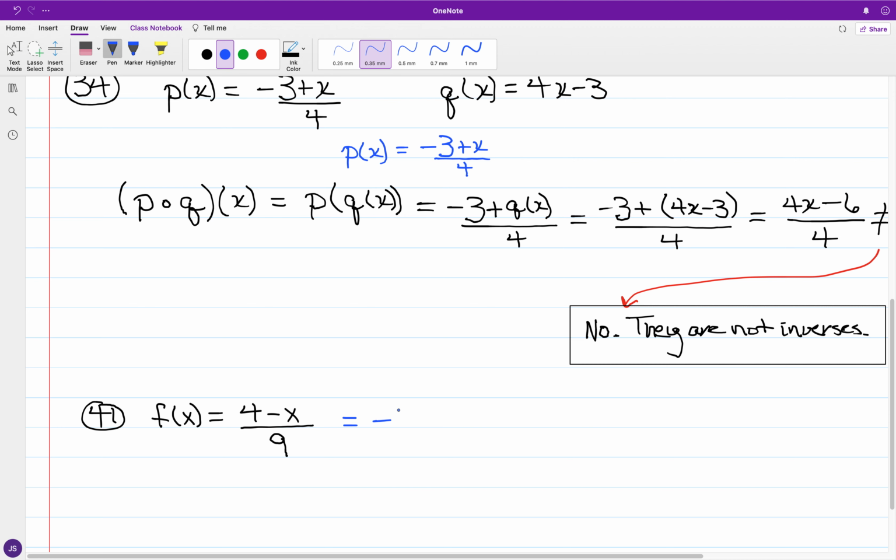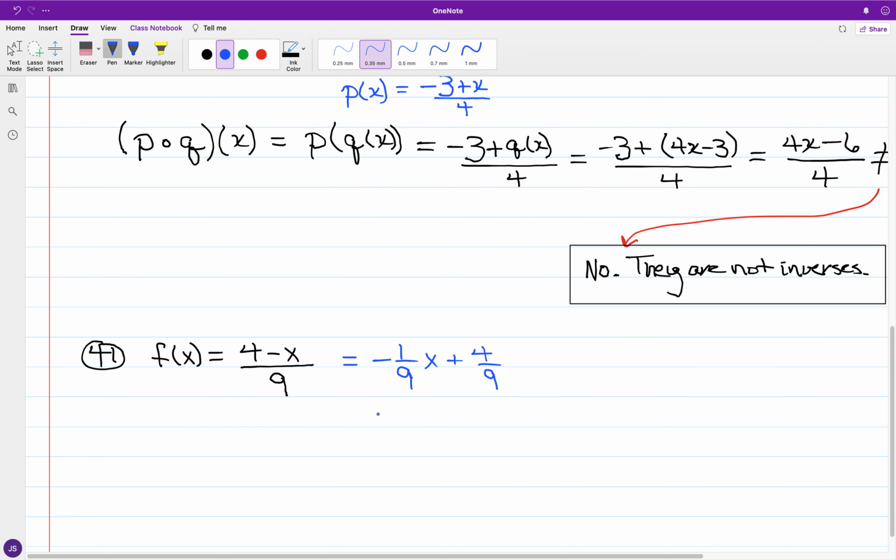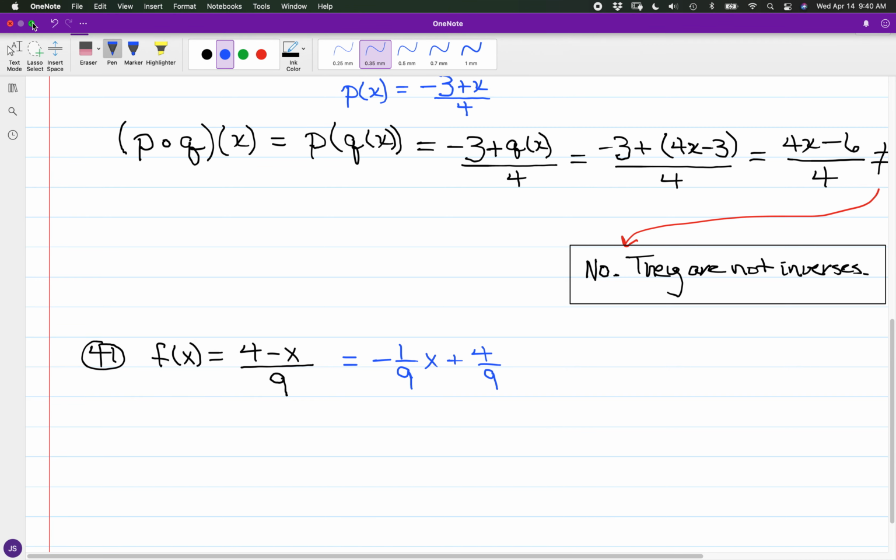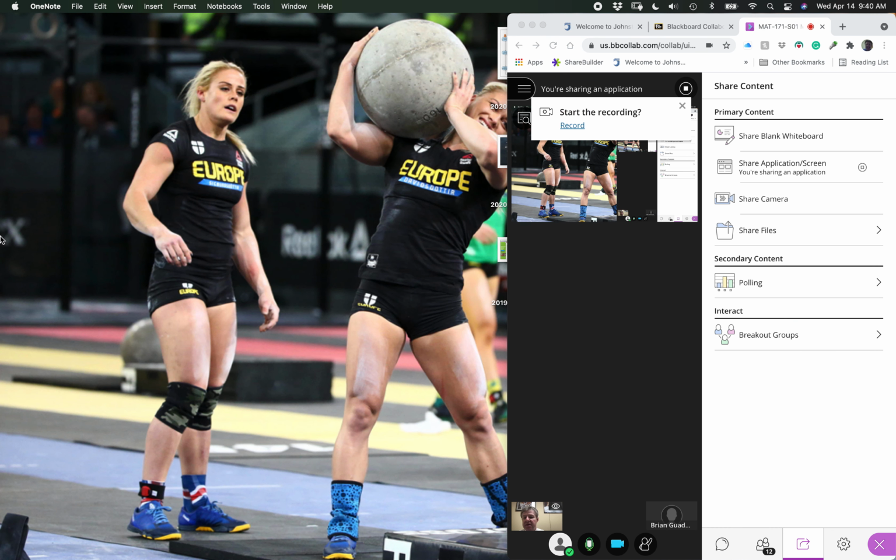If I were to change the order and separate this fraction into distinct terms, we have negative 1/9 of x plus 4/9. And I just want to say something about this. If you notice, we have negative 1/9 of x as the term that defines the nature of the function, and this is going to be a linear one-to-one function. And again, for what we have in the case of linear one-to-one functions,